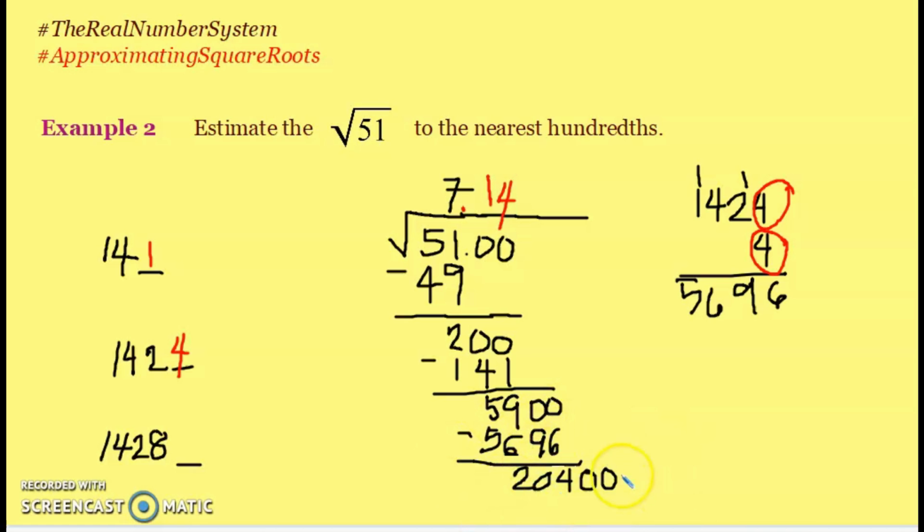That can be taken away from, or we need to determine how many 14,000s are there in 20,400. And it's very obvious na isa lang. So, we have 1 there. And there's no need to proceed or to continue with this process for as long as you are able to determine the third digit. And that's a digit in the thousands place. So, we have 7.141. Rounding off this to the nearest hundreds, we then have square root of 51 is approximately